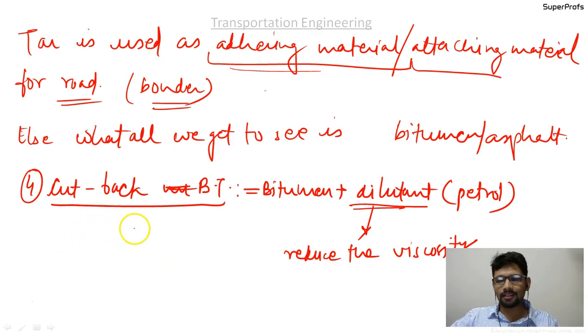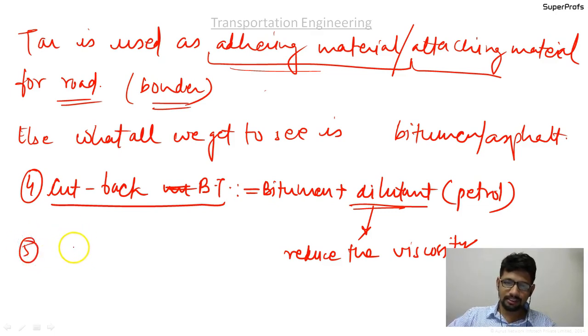So in cold countries, instead of heating, they use cutbacks, so they reduce the viscosity. Since the temperature is too low, the bitumen is in solid state, and they just want to reduce that viscosity, so cutbacks are used. Okay, we will discuss cutbacks in detail, what the types are, and many things about it. For now, you just understand what cutbacks are.